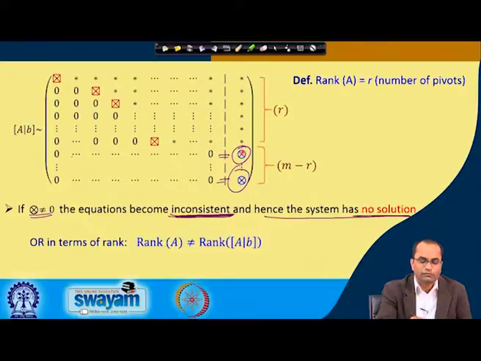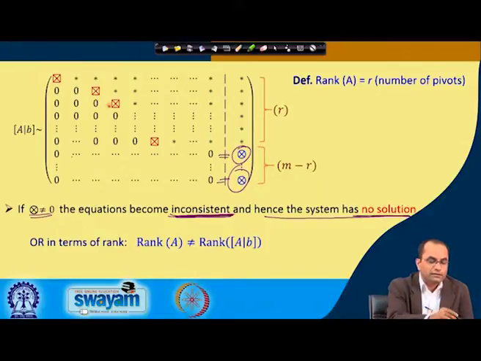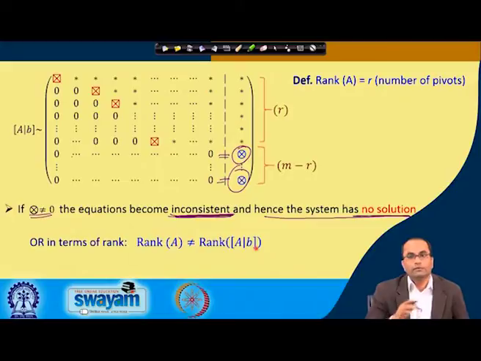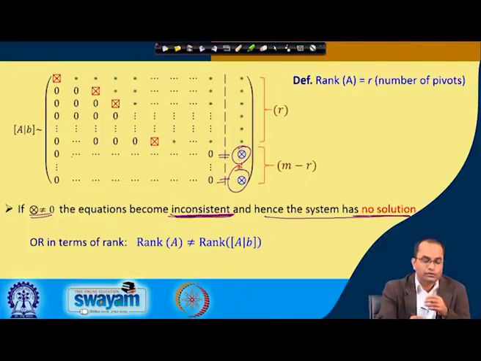Whenever one of the entries corresponding to these 0 rows is a non-zero number, the system is inconsistent. But in terms of the rank, the rank of the A matrix is this r, the number of pivot elements, and it is not equal to the rank of the whole augmented matrix, because in this situation, when these are non-zero numbers,